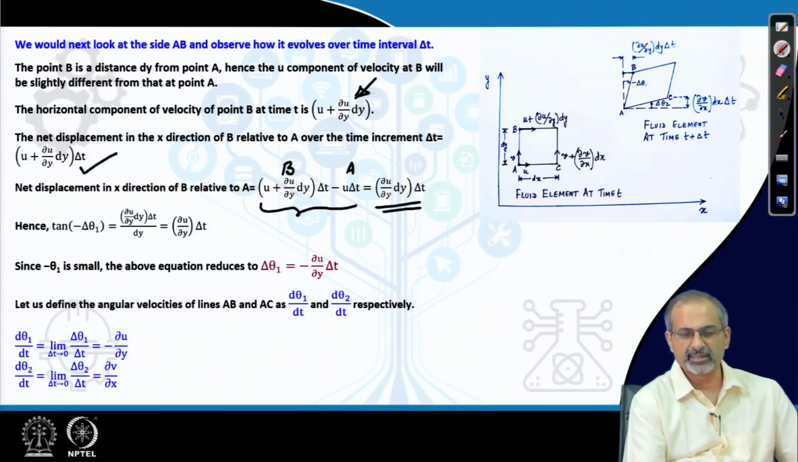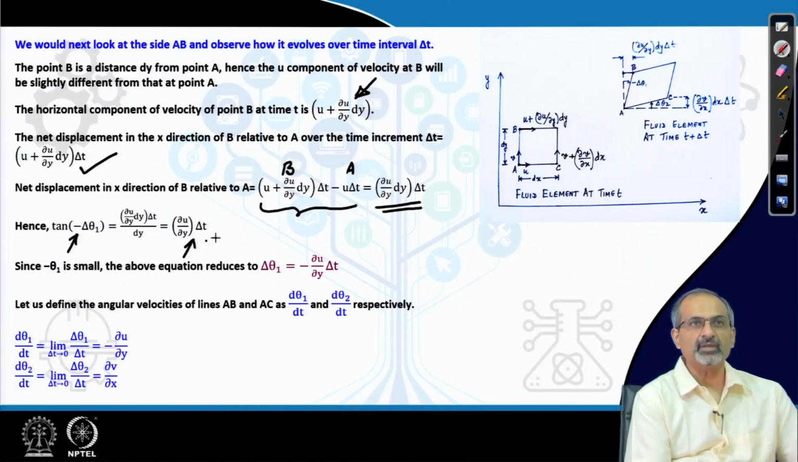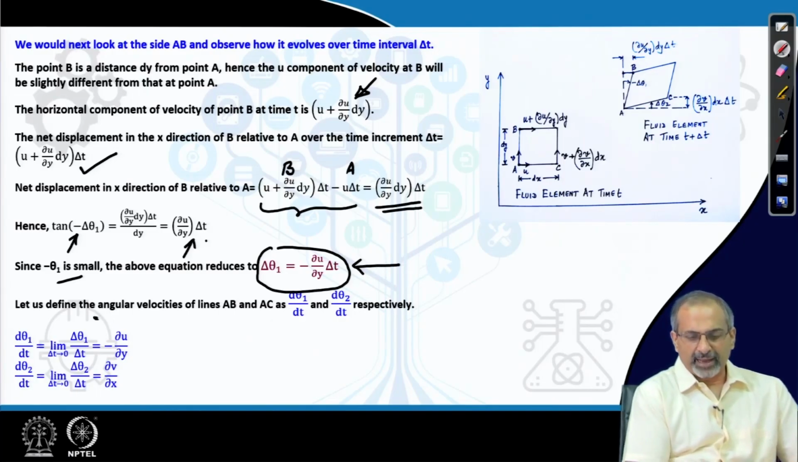So, this is basically the net displacement of the point B with respect to A, and that again defines another angle, that is the delta theta 1, but this time clockwise. So, negative comes out to be this. Again, since that angle is small, we define delta theta 1 like this. So, you now have an estimate of delta theta 1 and delta theta 2,